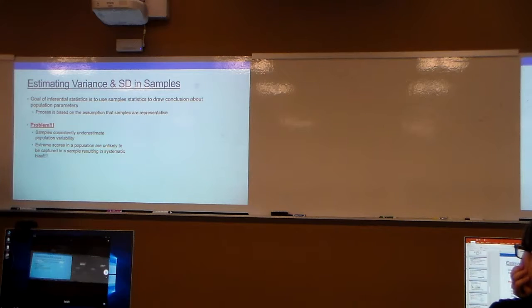Okay. There's a lot of stuff where the methods and the statistics go hand in hand. You can't just look at statistics and make a reasonable inference about anything. You have to be thinking closely and carefully about the methods. But all of this thing that we're doing with our inferential statistics, we've assumed that our samples are representative of the population at large. The problem is that our samples consistently underestimate the variability in the population, okay? If we take a look at the distribution here,